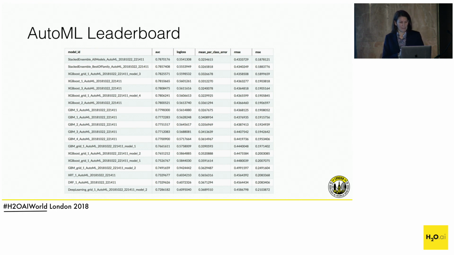What else I'll point out here is that what you see is a list of model IDs. Those are just generated automatically. So at the top, we have